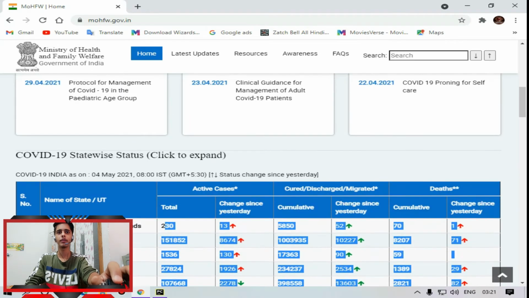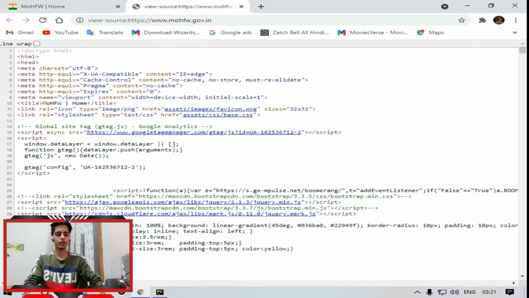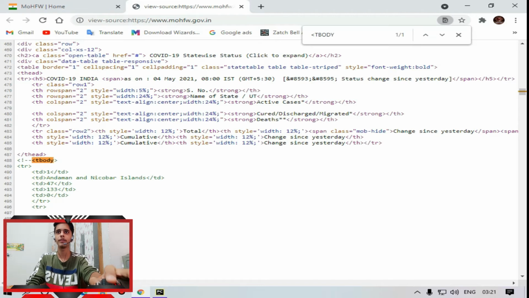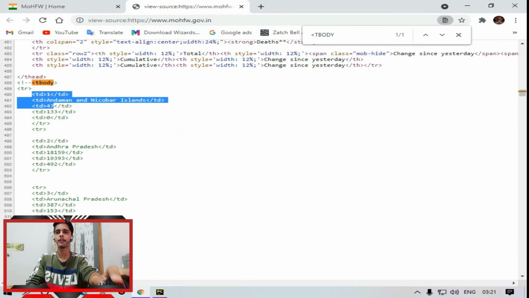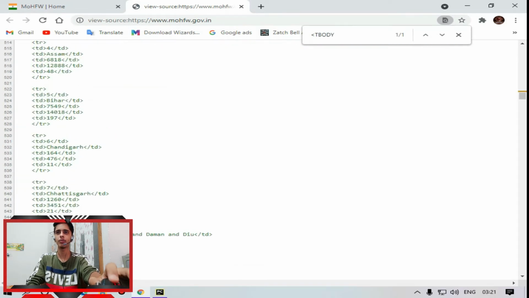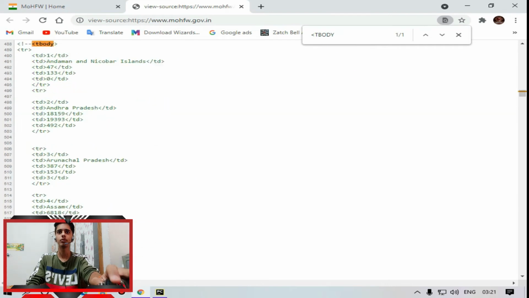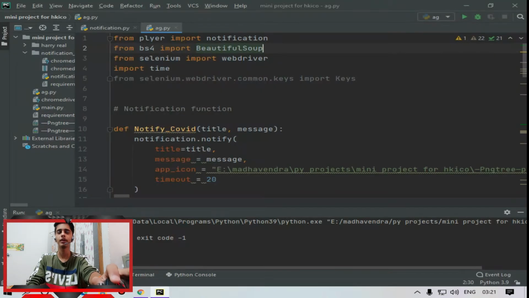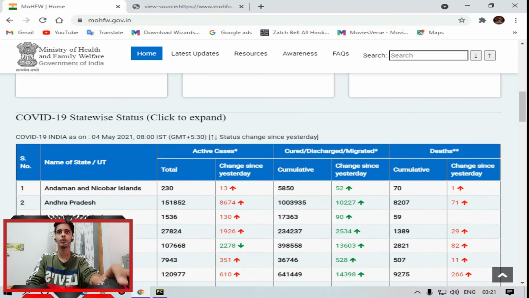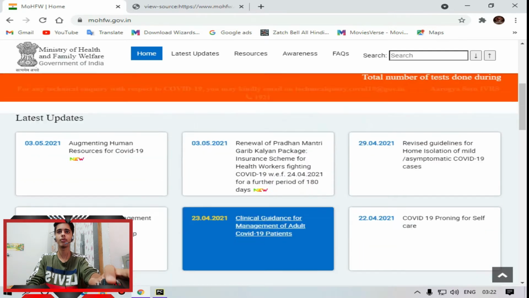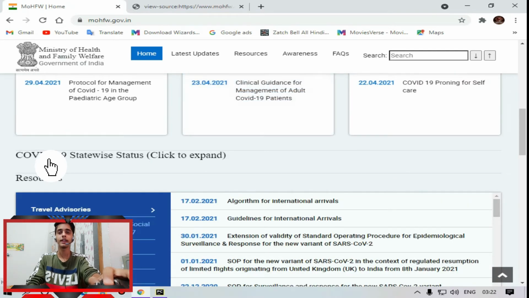When I click on view page source and find this data, it is in tbody. Let's see, Andaman and Nicobar Islands, this is the data. I want to prettify this data, so I use Beautiful Soup, and I use Selenium as WebDriver because I want my software to click this COVID-19 state-wise status.